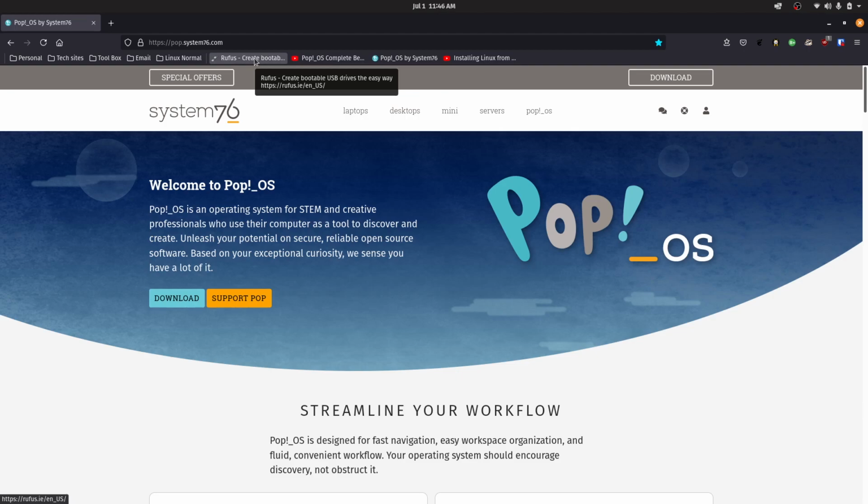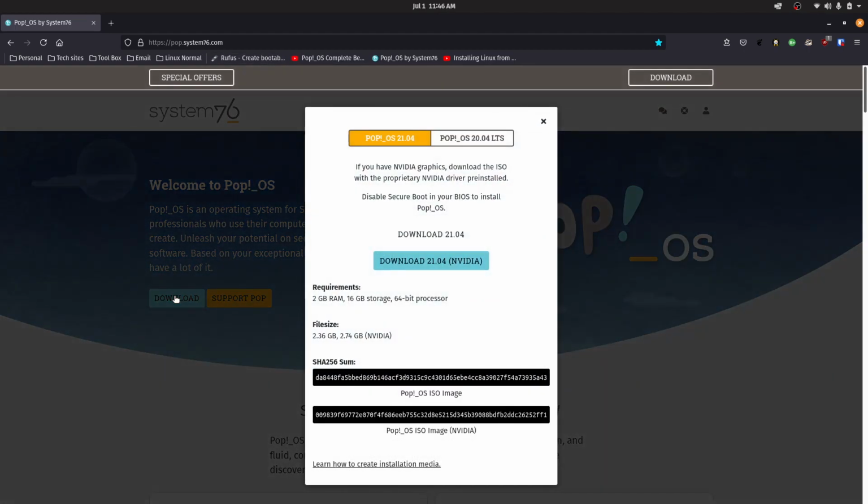Okay. Now the beauty of it really is that for these two different download links, the only difference is that the drivers, they call drivers for these graphics cards, are in these two downloads. And if you happen to make a mistake, and let's say you download this instead of this when you have an NVIDIA dedicated graphics card, it's actually not that big of a deal. Because what will happen is when you install this, or when you actually run what they call the live USB, which you'll understand what that is later on,